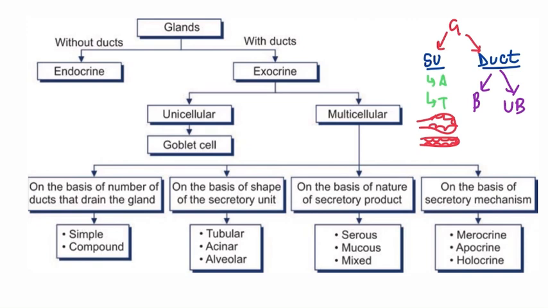So friends, this is the broad classification of glands on the basis of presence and absence of duct. As we all know, glands without duct are ductless glands, which are endocrine, and glands with duct are exocrine glands. So before going into detail of that, we should know that any gland has two parts. The one is the secretory unit and the other is the duct. And the secretory unit can be of two types on the basis of shape. It can be expanded like alveoli, so that will be known as acinar, or it can be tubular.